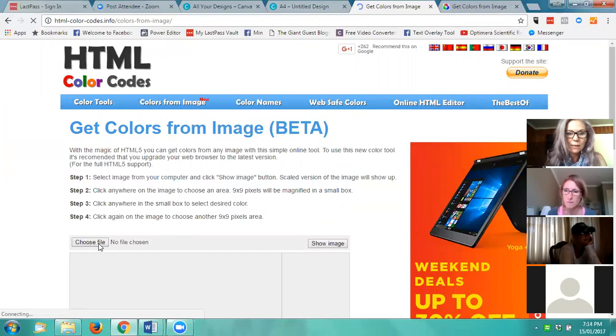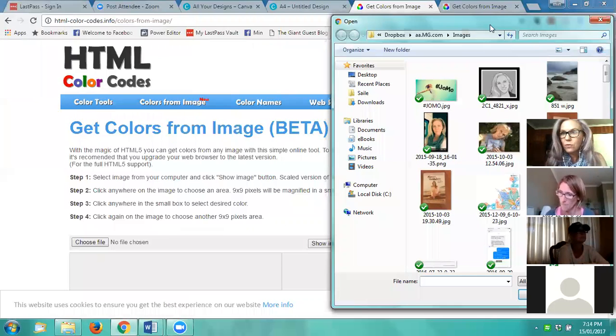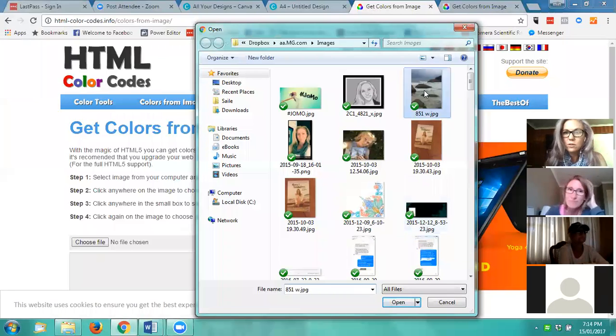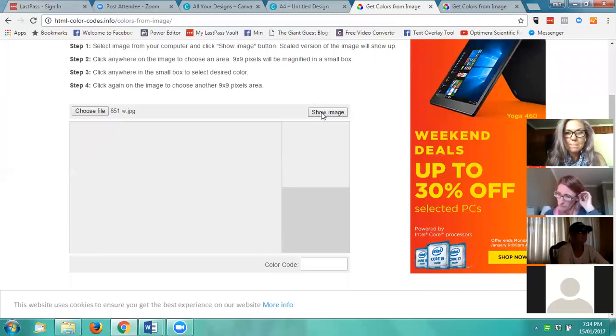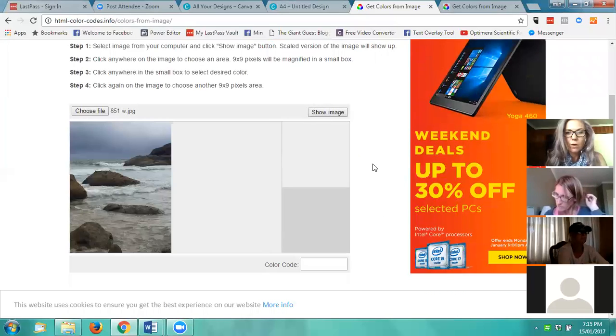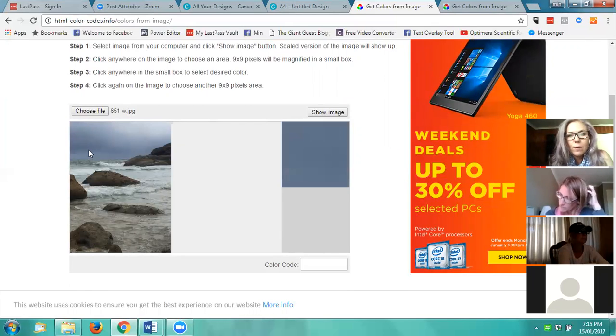And what you can do is choose an image, and let's just get one at the beach. Okay, and you can put your mouse anywhere on the image and it will pick up on the right-hand side there. Can you see that? The actual colour on that image. So if I go for the rock, then it gives me the exact grey of that rock. If I go for this bit of water down here, it's kind of struggling there, but the blue of the sky looks like